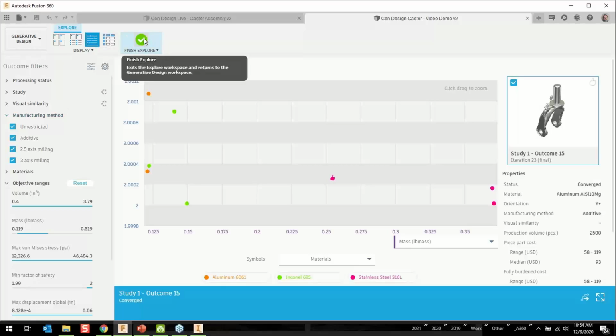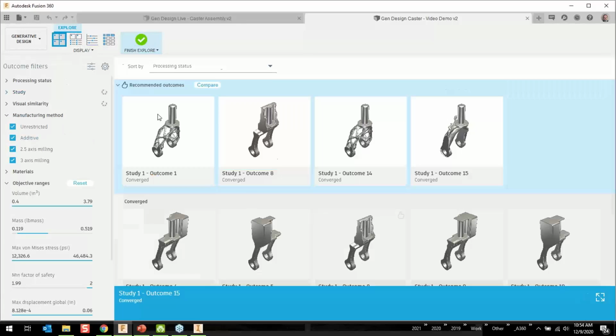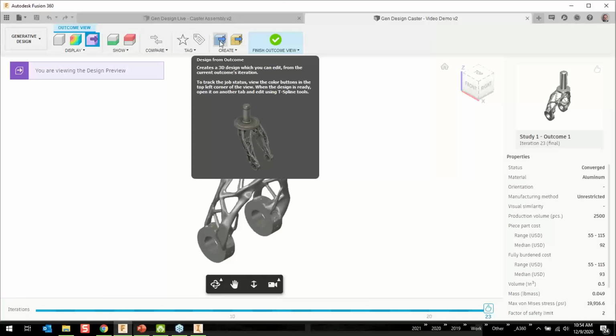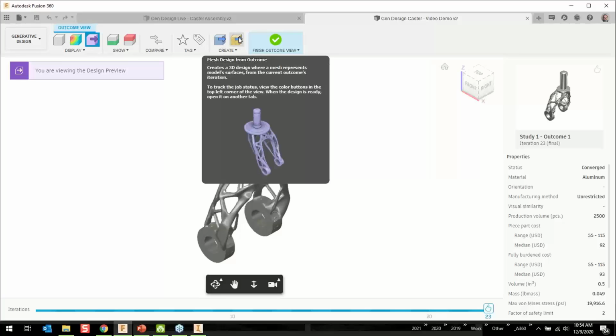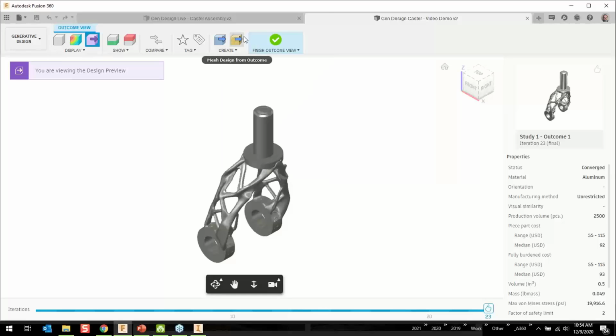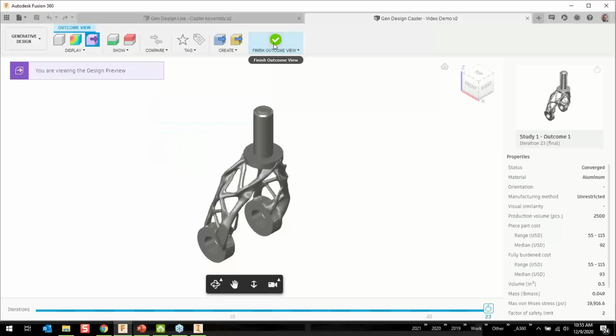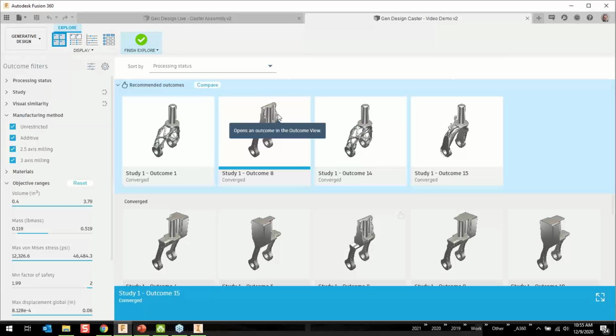So that's fairly straightforward. Like I showed you before, if I find one that I like, this blue box would let me save that as a file. This one here would create a mesh. So I prefer the blue because it's going to be that real solid model. If you'd rather have a mesh file, mesh output, you can do that. There's also some methodologies to compare and show 3 or 4 at the same time. But I really want to get to the end here